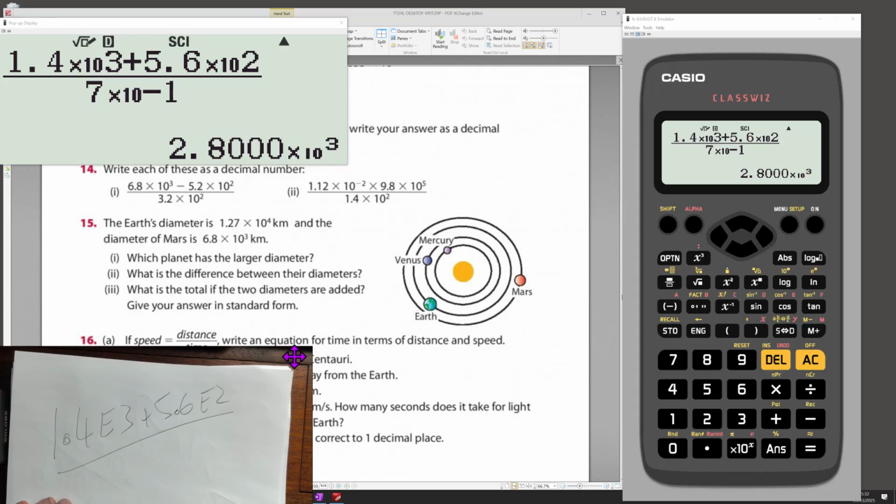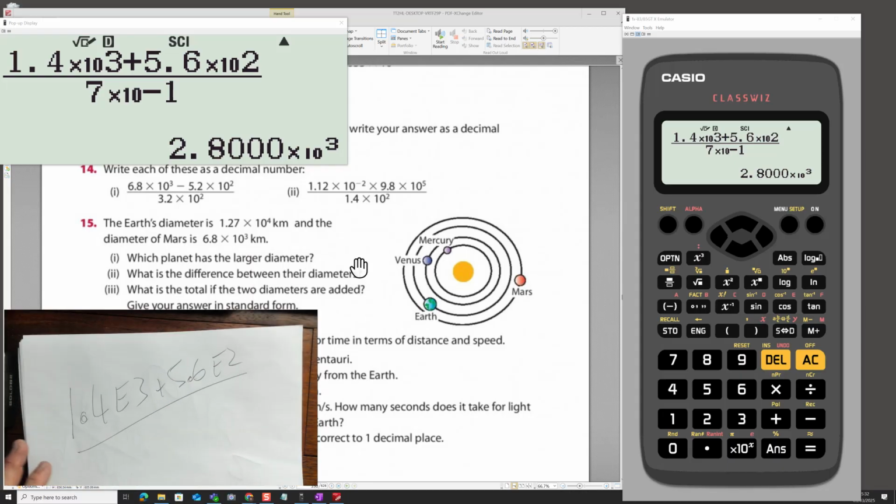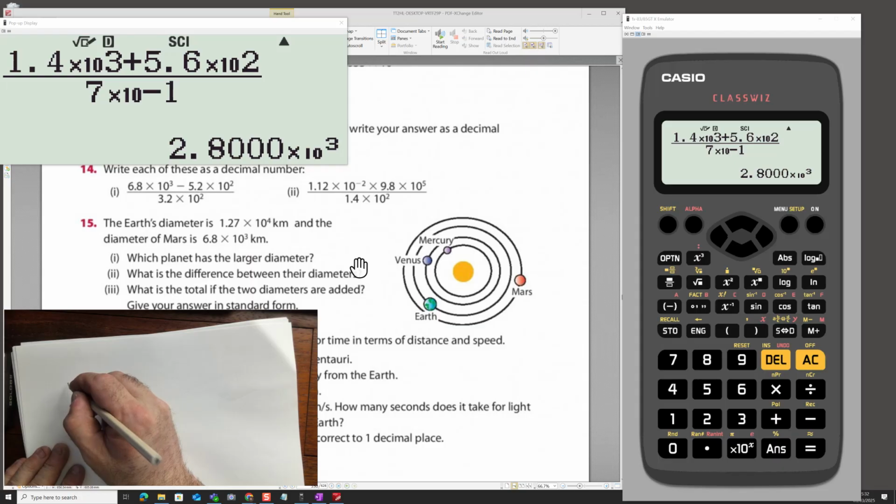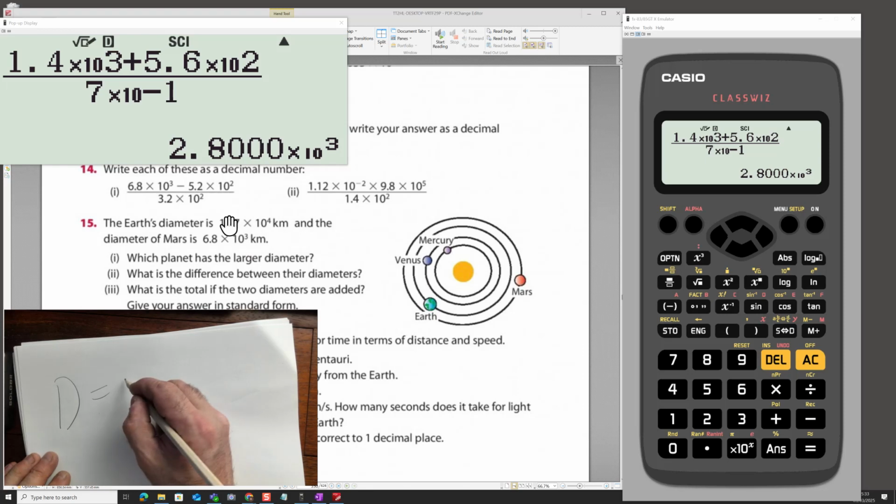Okay, so let's go to some of the sort of scientific questions. So we have that the Earth's diameter is, okay, let's try to read the question for understanding. The Earth's diameter is something very big. Mars' diameter is smaller. So if I was writing down, I might go D equals